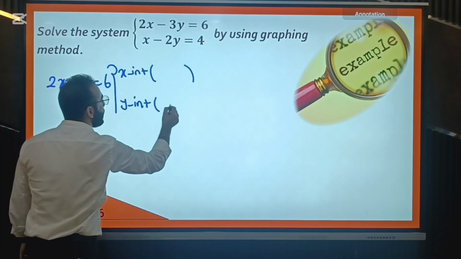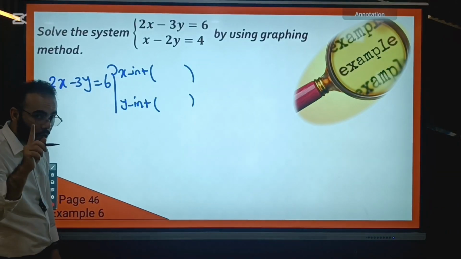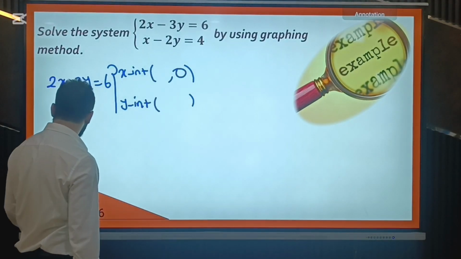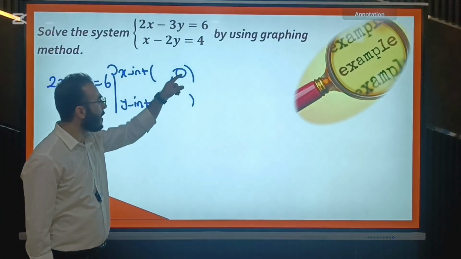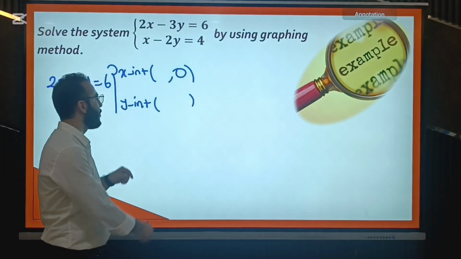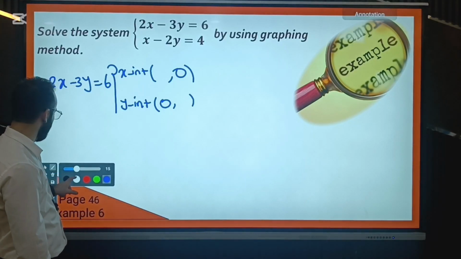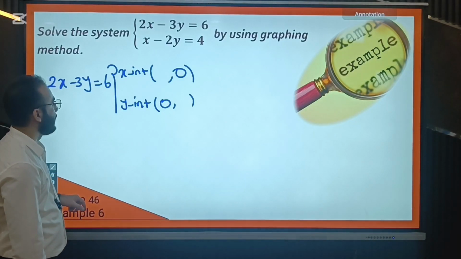Well, in x-intercept, y-coordinate is 0. Remember this and don't forget it. In x-intercept, y is 0. In y-intercept, x is 0. Don't forget this relation between the intercepts. Okay, so